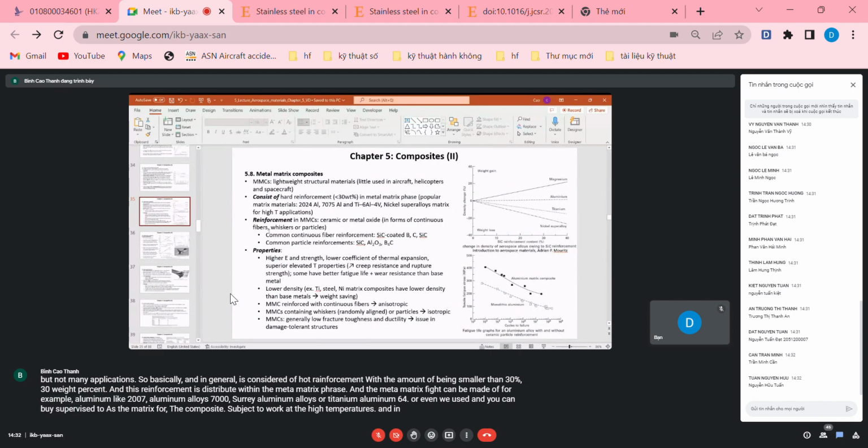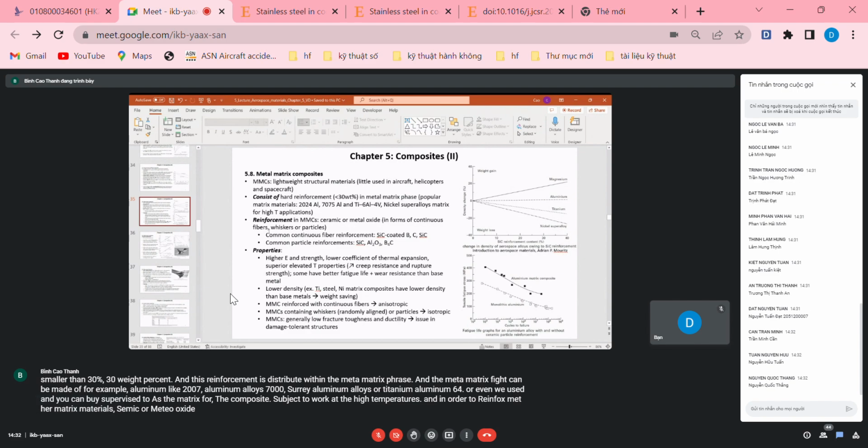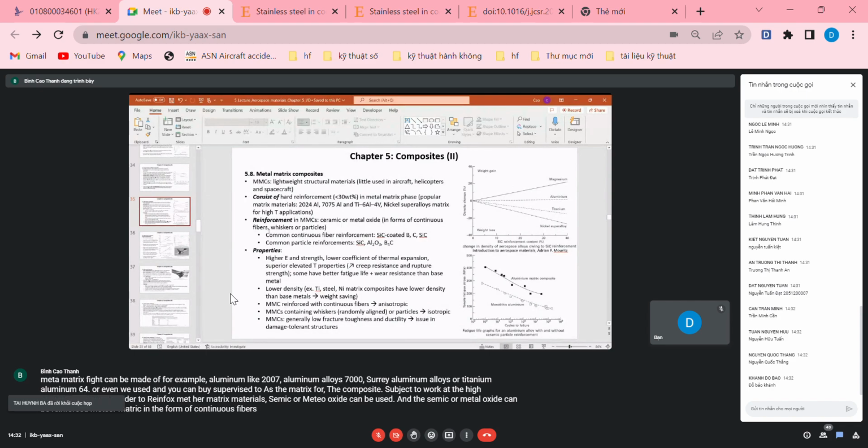And in order to reinforce metal matrix materials, ceramic or metal oxide can be used. The ceramic or metal oxide can reinforce the metal matrix in the form of continuous fibers, whisker, or